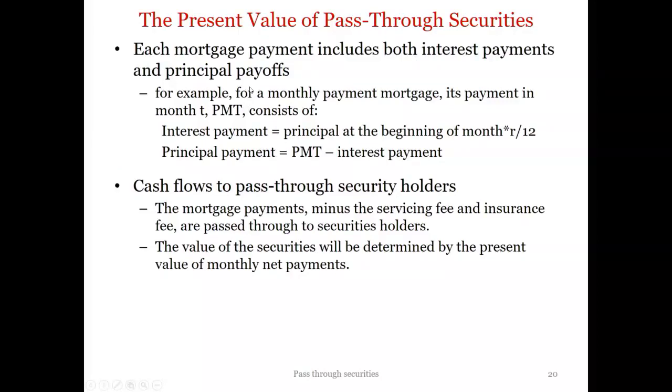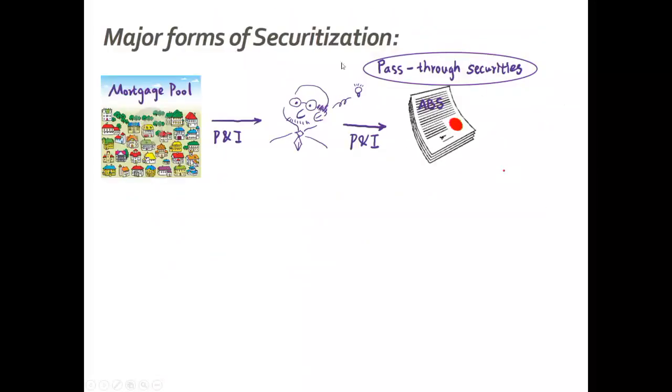Another thing I've talked about is, if you think about pass-through securities, like I said, the price of these securities is determined by cash flows. So the present value of future cash flows determines the value of these securities. And theoretically, as investors of ABS, if nothing goes wrong, right? If all the households pay the payments and there's nothing wrong, every month the investors expect to receive the same amount of payment, right? For a reasonable period of time. But in reality, it's not the case, right?